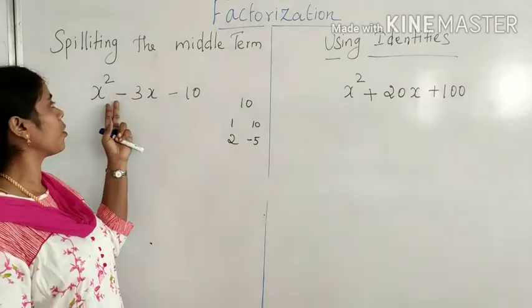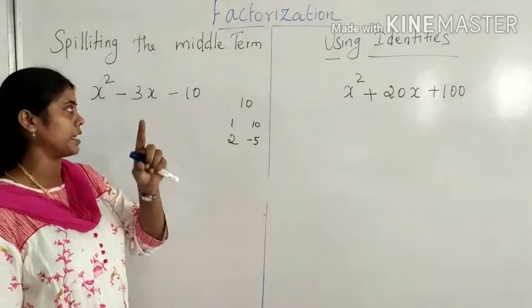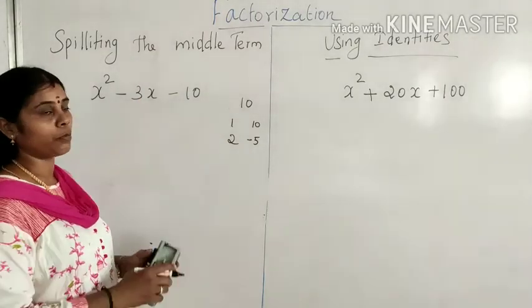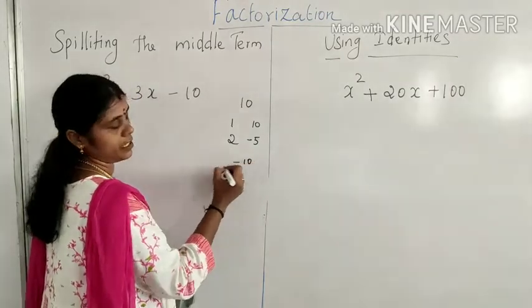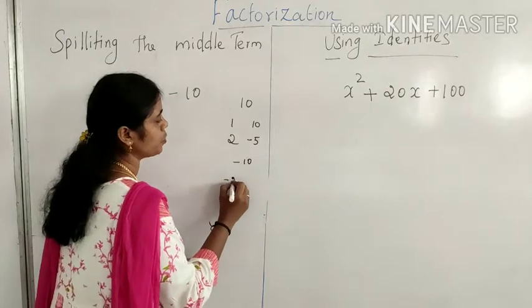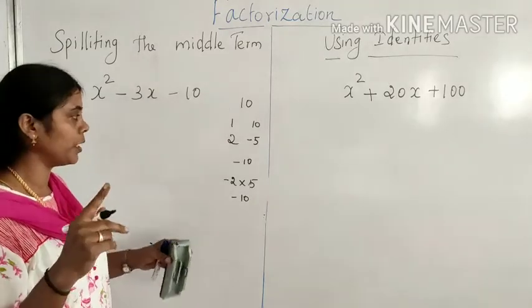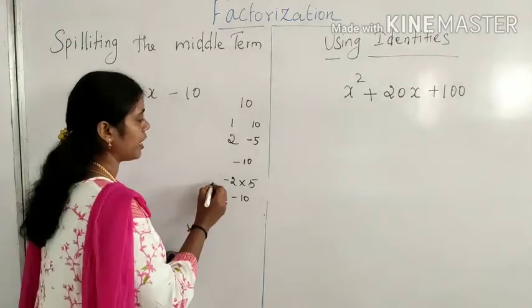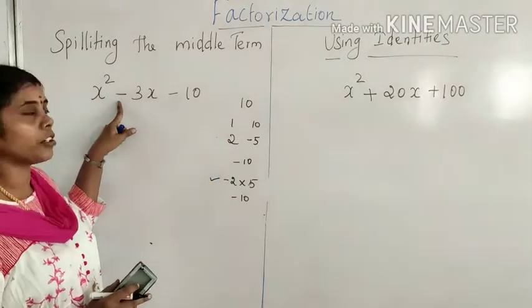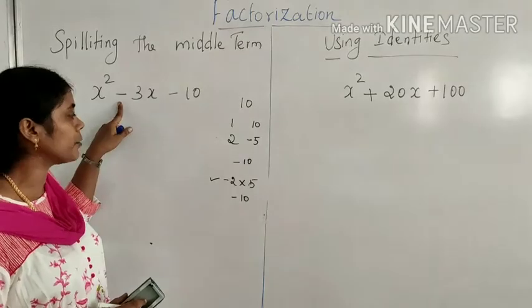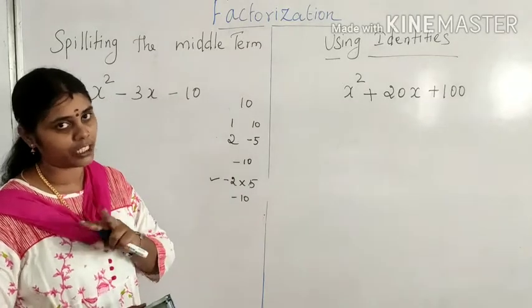So whenever here also is minus, easily you can understand one term is minus. Then only plus into minus. When you multiply plus 2 by minus 5, you will get minus 10. In the same way, minus 2 multiplied by plus 5 is also minus 10. Yes or no? Yes. But why have I not taken this one and I have taken this? For that, the middle term is minus. So if I take this one, the bigger number's symbol comes, then we are having a different symbol.